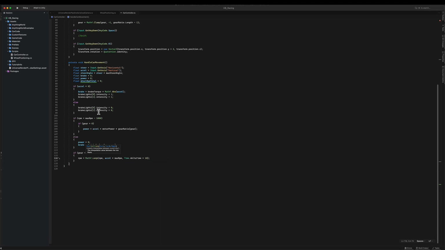So I'm going to simply increase. If I'm on neutral, I'm just going to rev up my engine, increase the rotations per minute. If I'm on reverse, then my power is my acceleration times negative motor power. Okay,